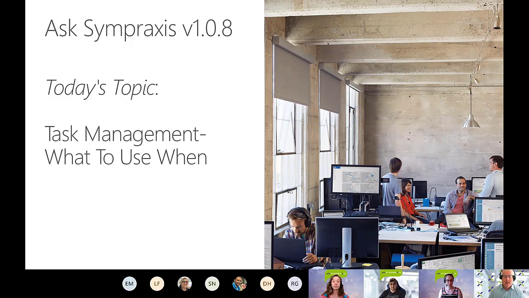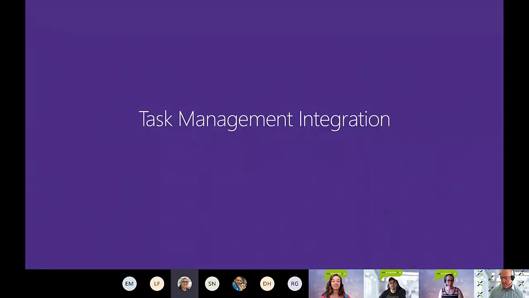But Microsoft's got an enormous tool set out there for us, but it seems like there's some conflict. They overlap with each other, or they may in some cases just not be a good fit. So we're going to talk about specific use cases for task management for both individuals and teams. And Emily's going to drill in for us.